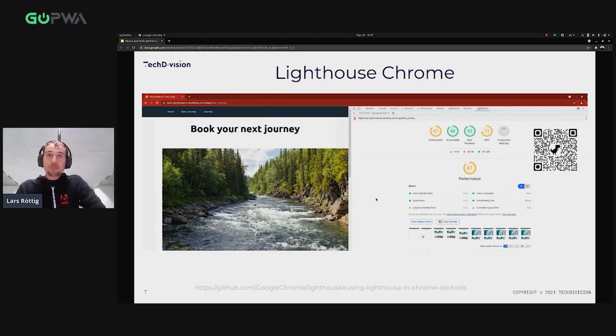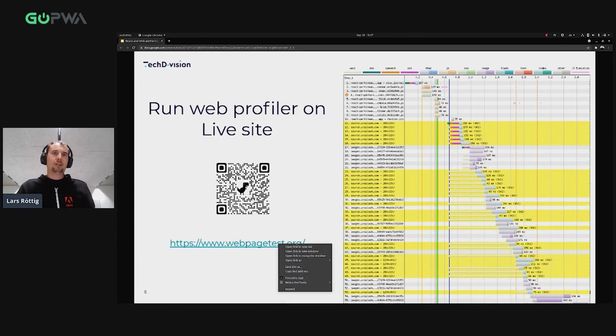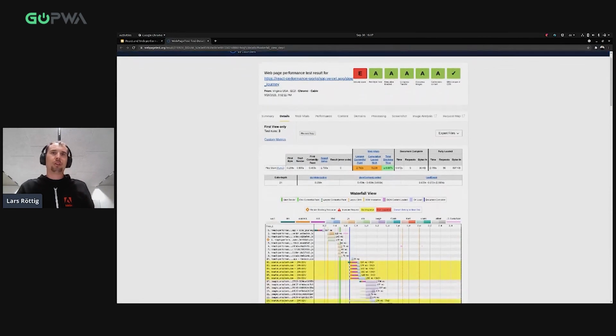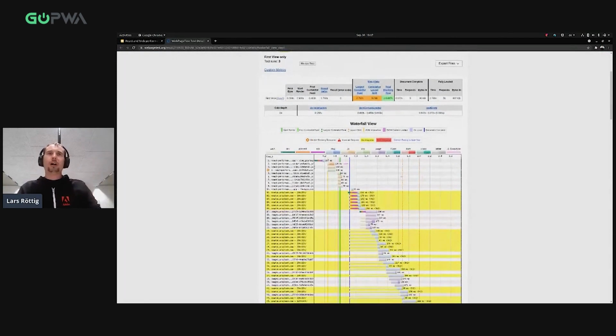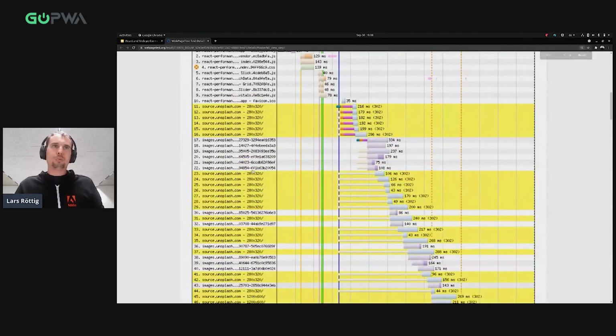Also, if a customer or if I get into a new team, I run webpagetest.org. It's a really nice tool. It already helps you to get some waterfall diagrams. And what you see here is a page with 60 requests and many images. And most of the images, you already see, okay, we have here a size of 280 to 320.